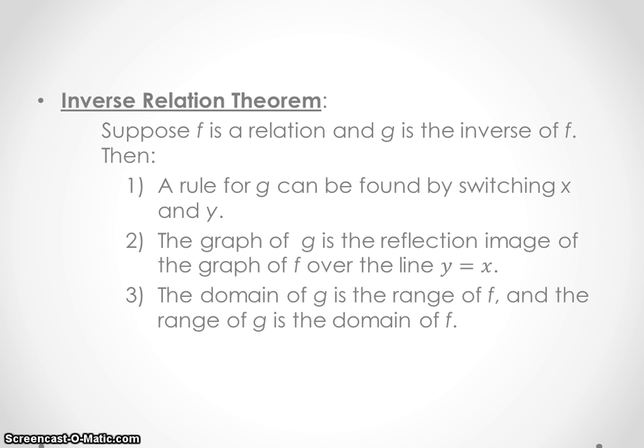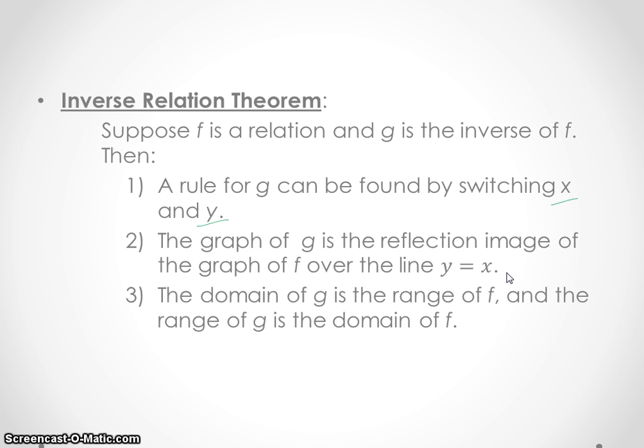So essentially, we're just switching all the inputs for the outputs and vice versa. Then, a rule for G can be found by switching X and Y. I'm going to show you how to do this here in a bit. This is actually really handy and it helps a lot. It's very easy. 2, the graph of G is the reflection image of the graph of F over the line